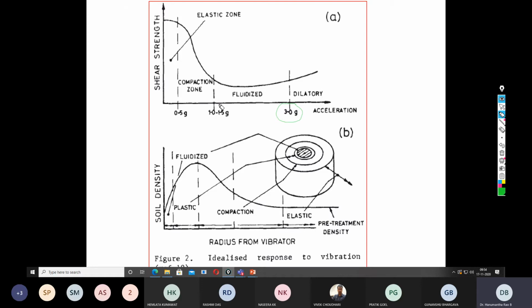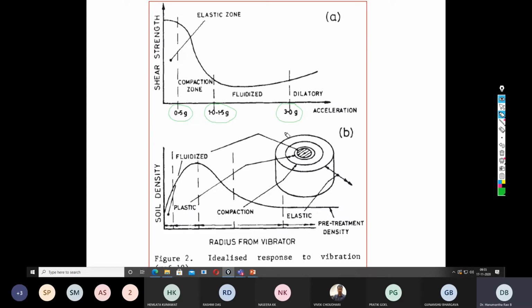because of the dissipation of the energy. Therefore, if you go a little farther away from the probe, the acceleration decreases from 3 to 1.1 to 1.5 g, and if you go further, there is a further decrease in the acceleration. Now from your earthquake engineering subjects, you understood that if there is a change in the acceleration, there is a change in the void ratio or densification in the soil mass.